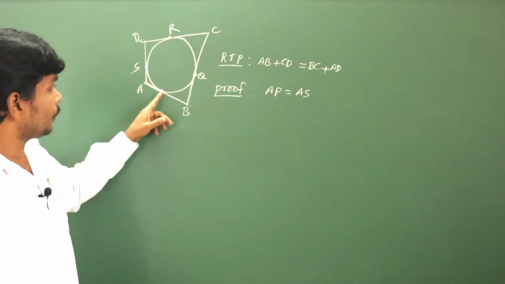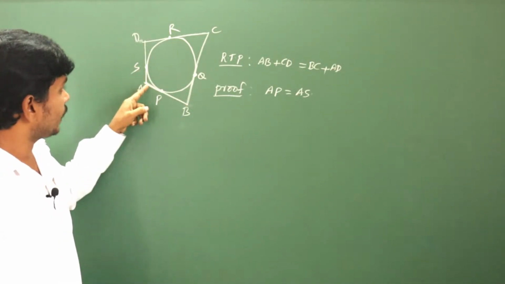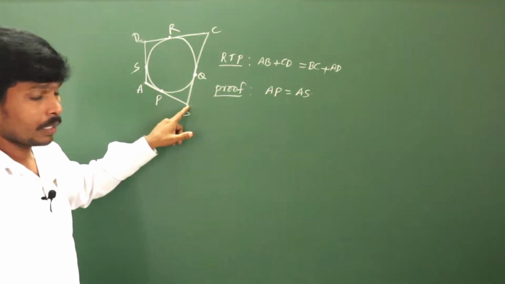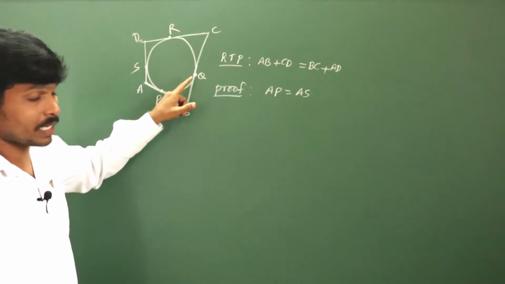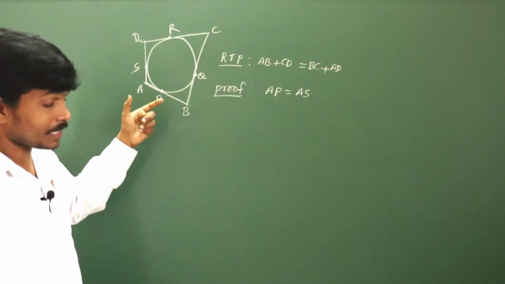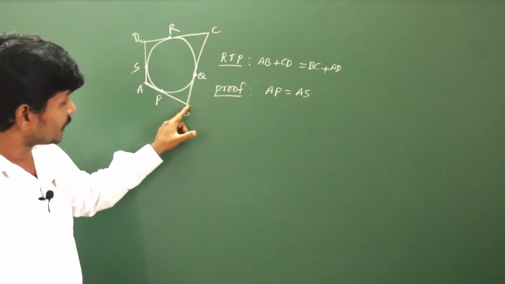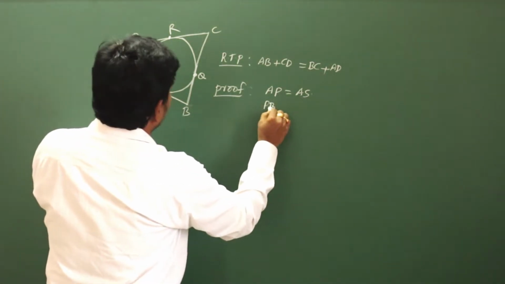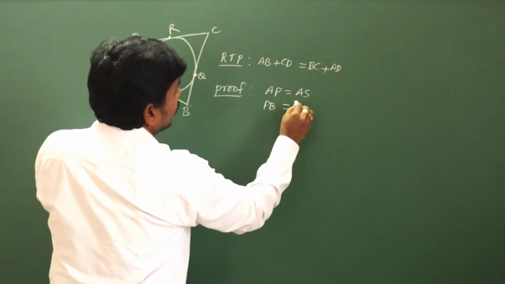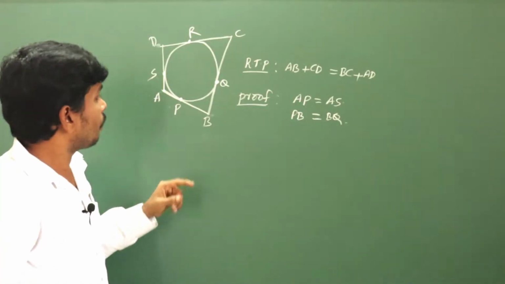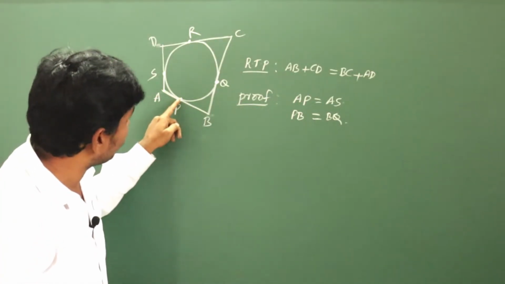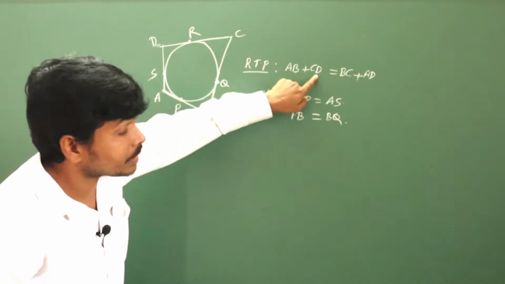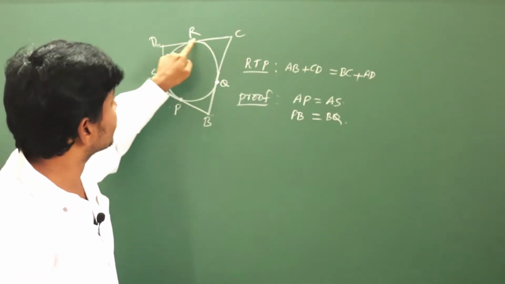And again, here you observe. AP is equal to AS, you got. Here you observe, PB is equal to BQ. Same property: the lengths of the tangents drawn from an external point are equal. The length of the tangent is nothing but from the exterior point to the point of contact. Now observe here, AP plus PB will get AB only, no? So AB is over. Your concentration must be on CD. So this is the CD, no?